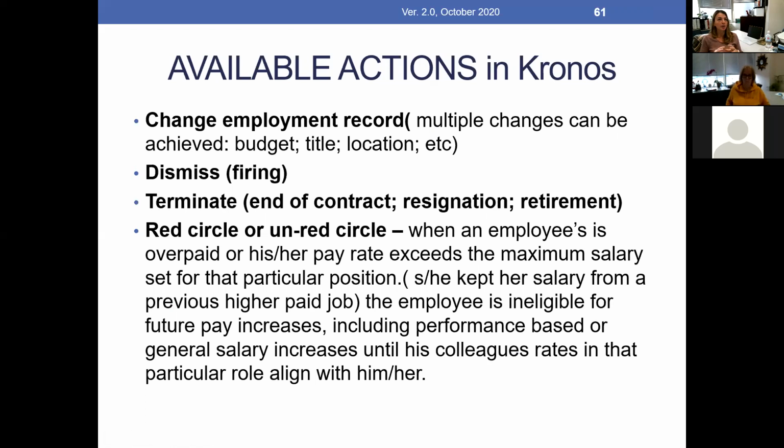So basically, if someone was on a particular role, let's say a coordinator, that program ended in the past with TCT, this coordinator was transferred to a career specialist role. We red circled the salary, which meant we didn't deduct from the salary. We left the same salary in payroll, but we red circled that employee, meaning that we would not give any further increases, GSA increases, etc., until all the career specialists within his band are picking up to the rate that